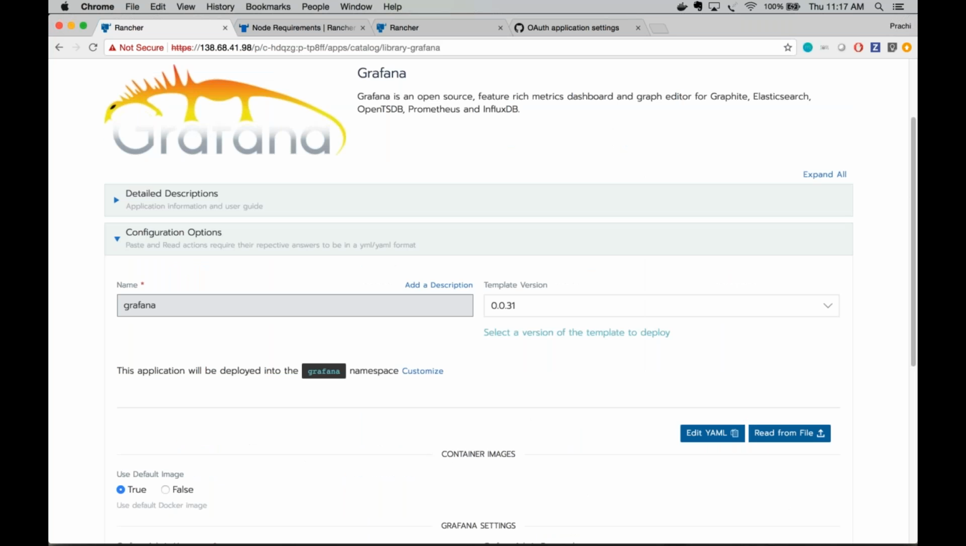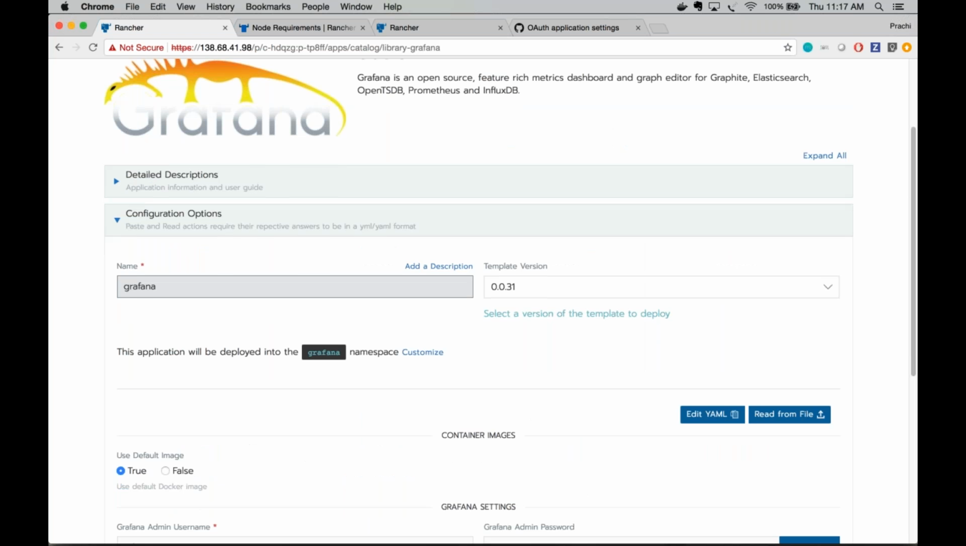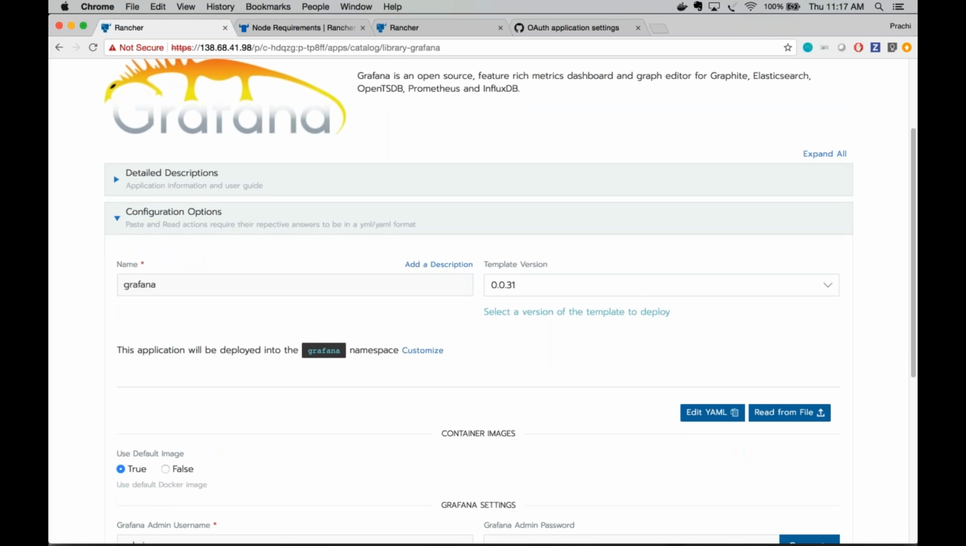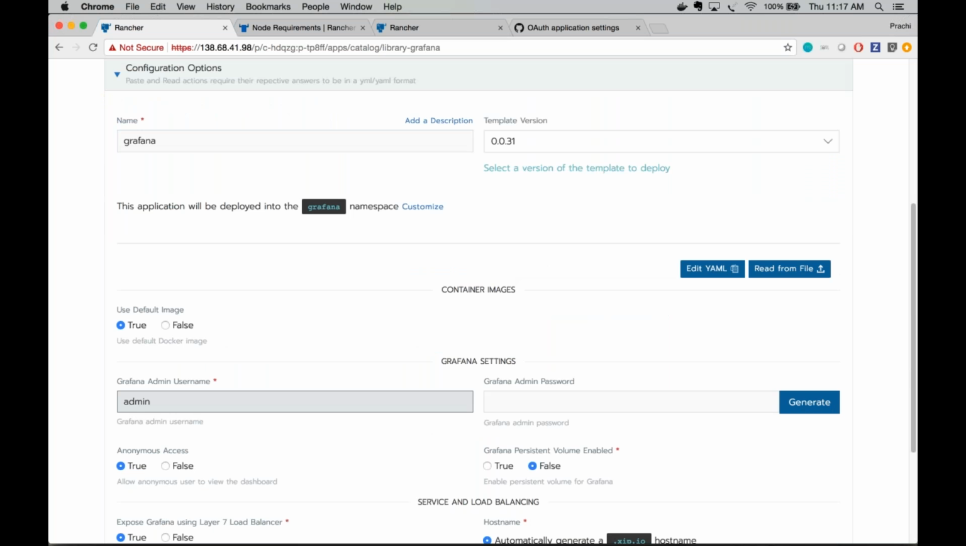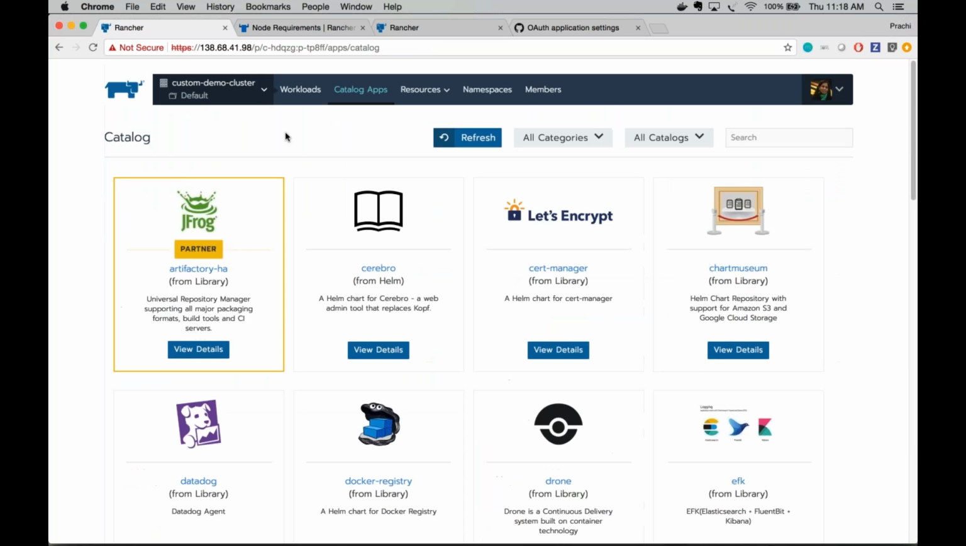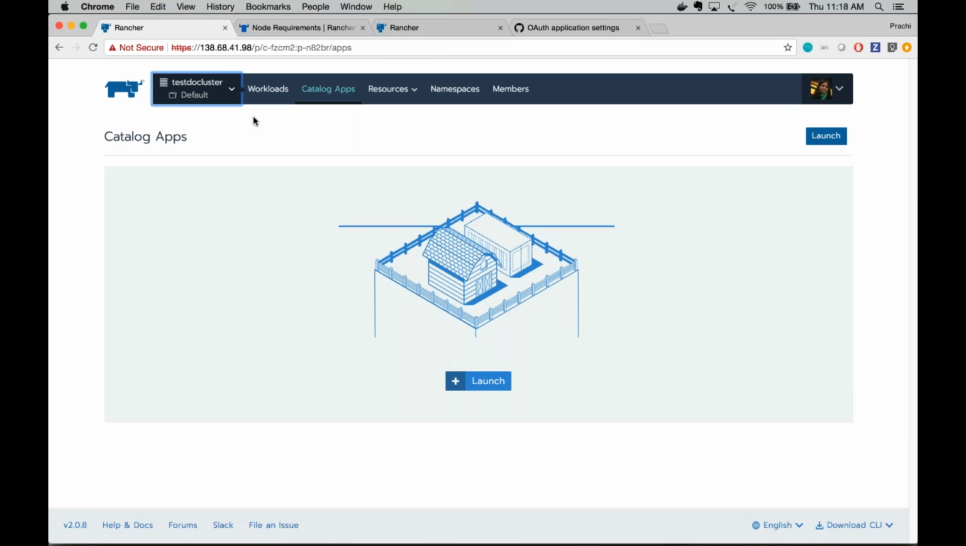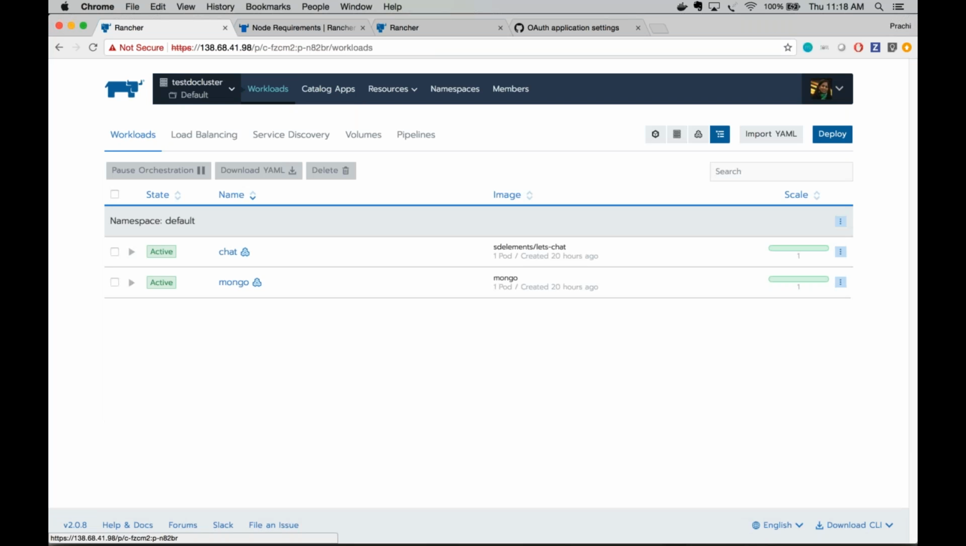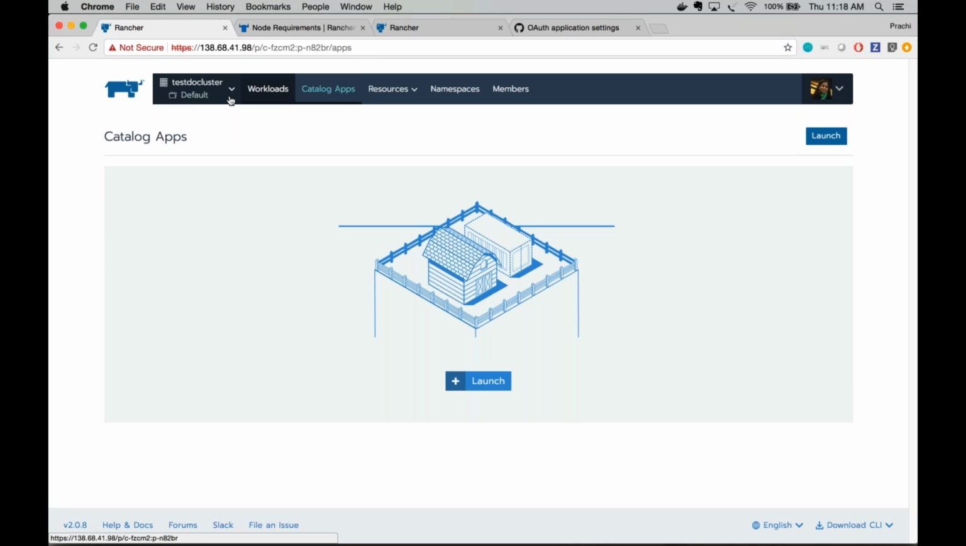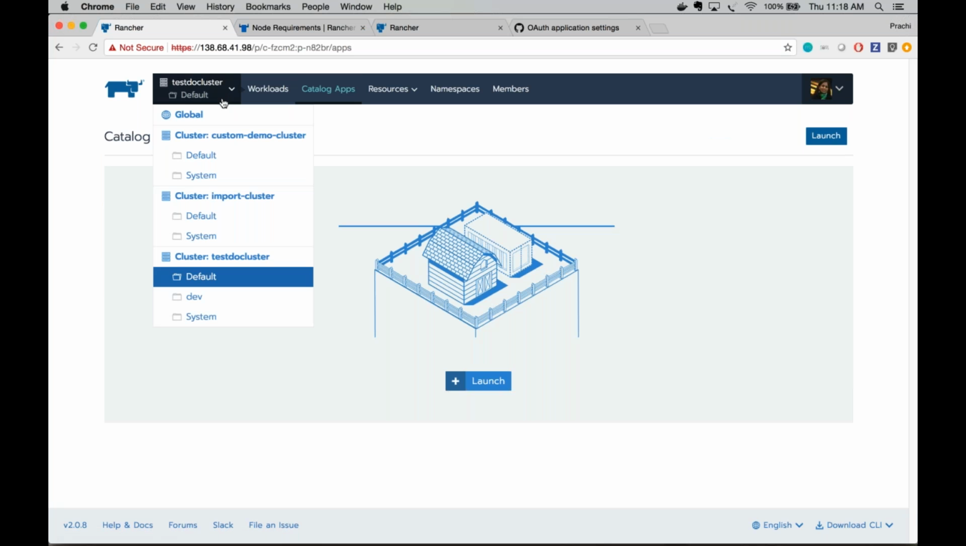Rancher will ask you the necessary configuration parameters that you need to answer in order to deploy this application, and you can launch them. I have already done this and launched, I think, in my DO cluster. And those catalog apps that get launched, you can always see under the workloads and catalog apps. Now, going back to global view,